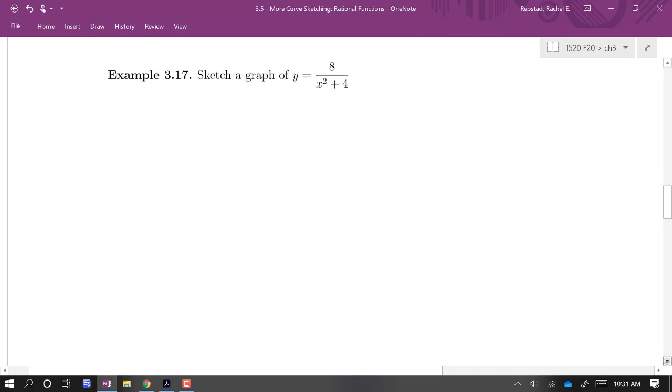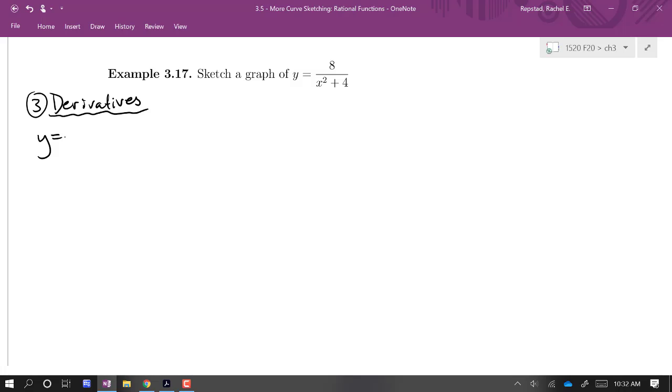So now let's get to the part where we're going to use some calculus. Let's do our derivative information. So our function, I want to take the derivative, so I'm going to write this function in a power rule friendly way. If there were an x in the numerator, I would just use the quotient rule. But because the numerator is just a constant, the first derivative at least can be easier if we rewrite it